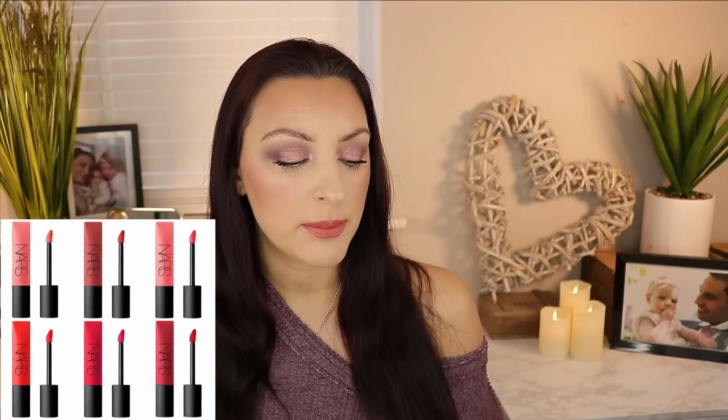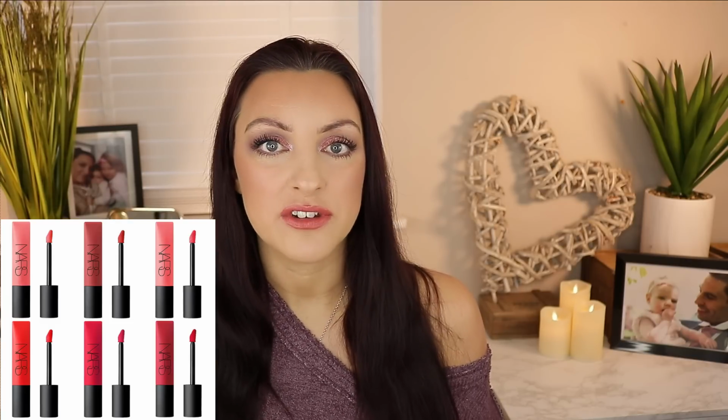I do like that kind of formula. It's a bit long wearing. It's probably quite mask friendly, that type of formula. I saw Mel reviewed them and she did say she preferred the MAC Powder Kiss, so maybe I'll just stick with those unless a shade comes out that particularly impresses me or I see it on someone and think I need it. But yeah, it's not anything that I don't already have,